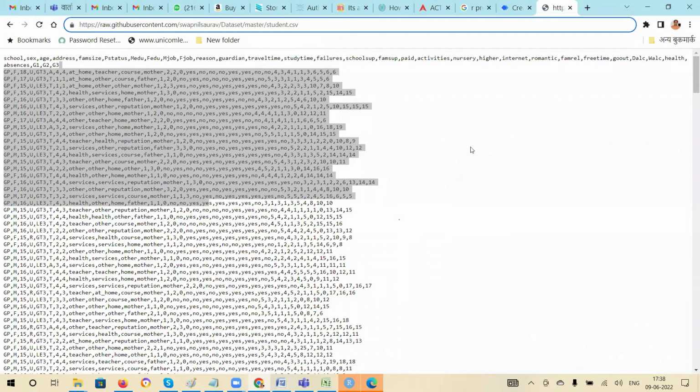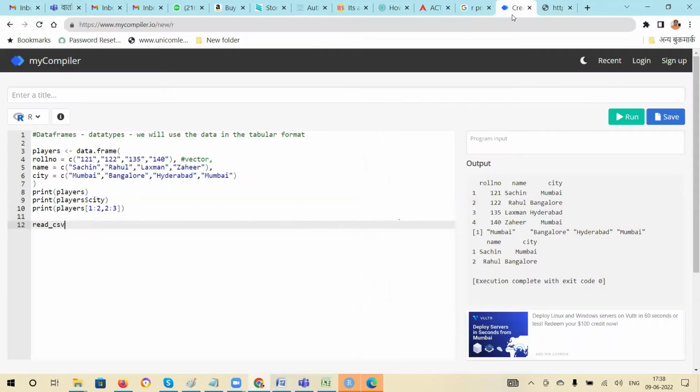This is CSV format. So I'm going to say read CSV, and then you give the path. This is a function, so you have to give brackets open and close, and within quotation marks you give the path you want to read. So this will read and store the value. You can create a variable, so you can say variable equal to,